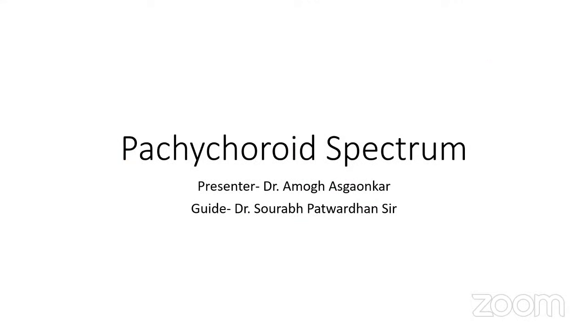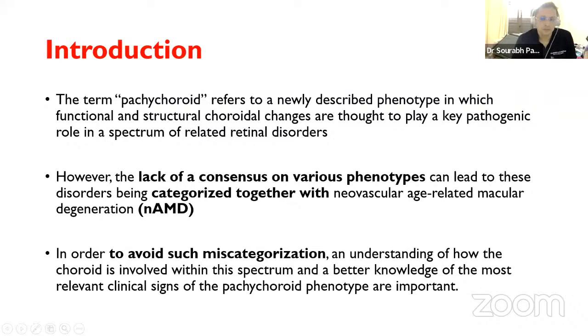So, good morning all. Today I will be presenting a topic called pachychoroid spectrum. The term pachychoroid refers to a newly described phenotype in which functional and structural choroidal changes are thought to play a key pathogenic role in the spectrum of related retinal disorders. There is a lack of a consensus on various phenotypes, which can lead to these disorders being categorized together with neovascular AMD. In order to avoid such miscategorization, an understanding of how the choroid is involved within the spectrum and a better knowledge of the most relevant clinical signs of the pachychoroid phenotype are important, which we are going to discuss